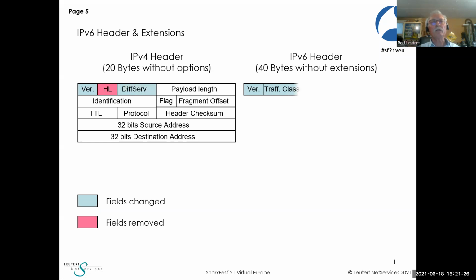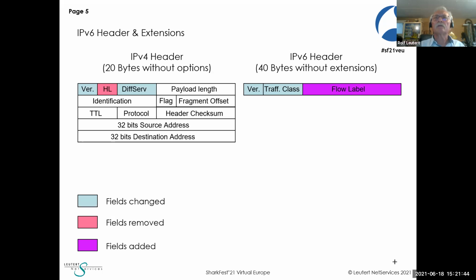The DiffServ field is still there, still the same coding. It's 1 byte, but it's renamed to traffic class. But it's still the same coding, so it's taken over 1 to 1. Then we have a new field, the flow label. It's 20 bits, and it's quite difficult to understand what it's for, but I can shortly describe the idea